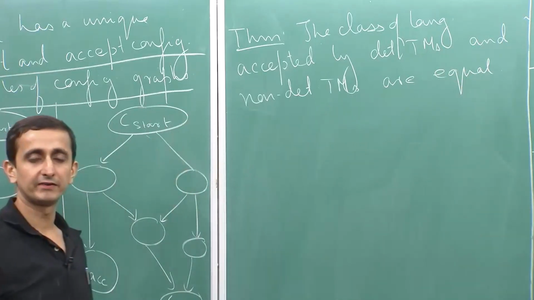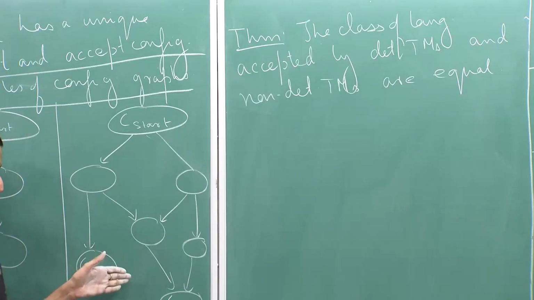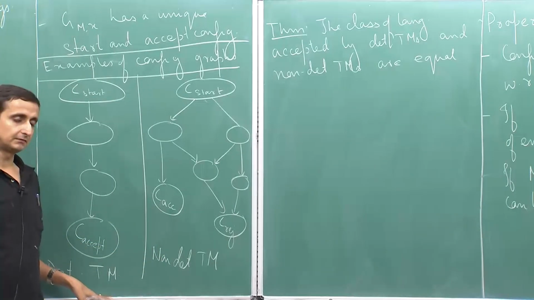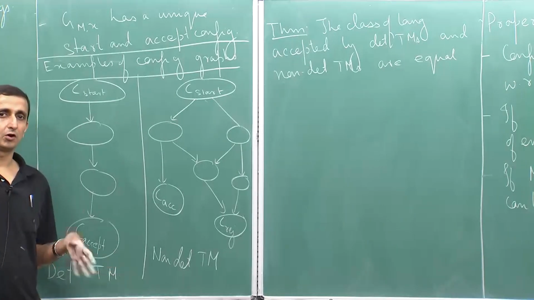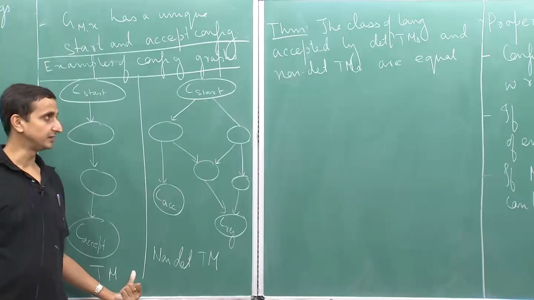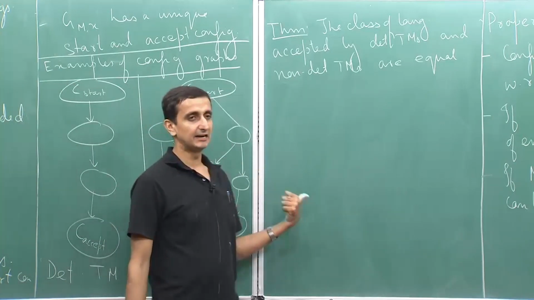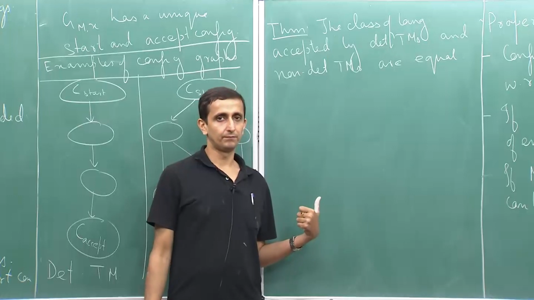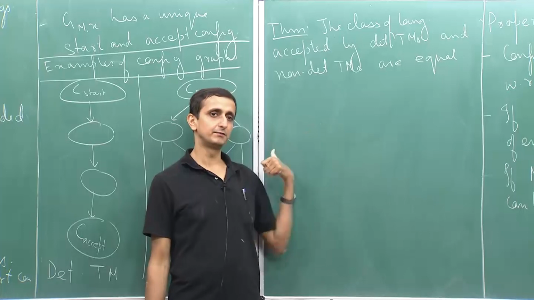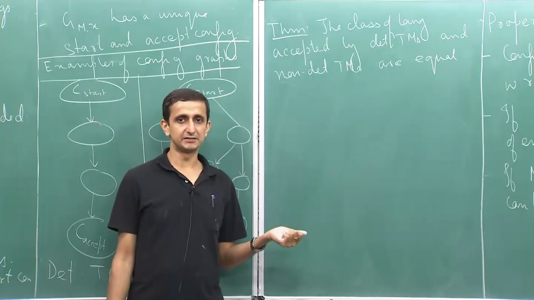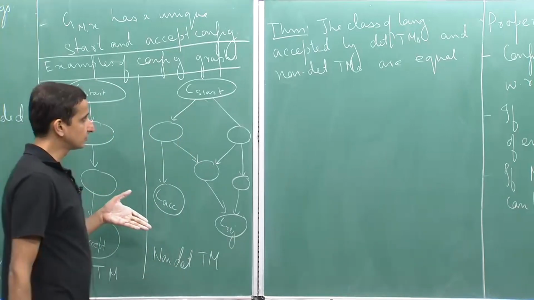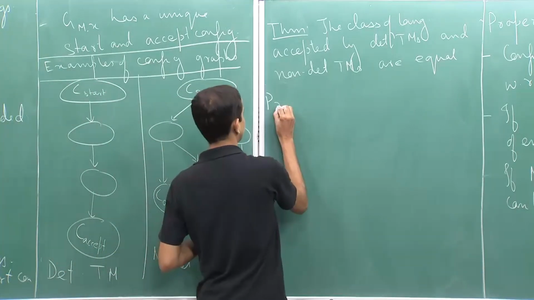Okay. So, of course, by definition non-deterministic Turing machines are more powerful than deterministic Turing machines, or I should not say more, but at least as powerful as deterministic Turing machines. But what this theorem says is that they are not any more powerful. So, they are equal in power. Whatever we can do with a non-deterministic Turing machine, we can do with a deterministic Turing machine as well. So, how do we prove this? The proof idea is